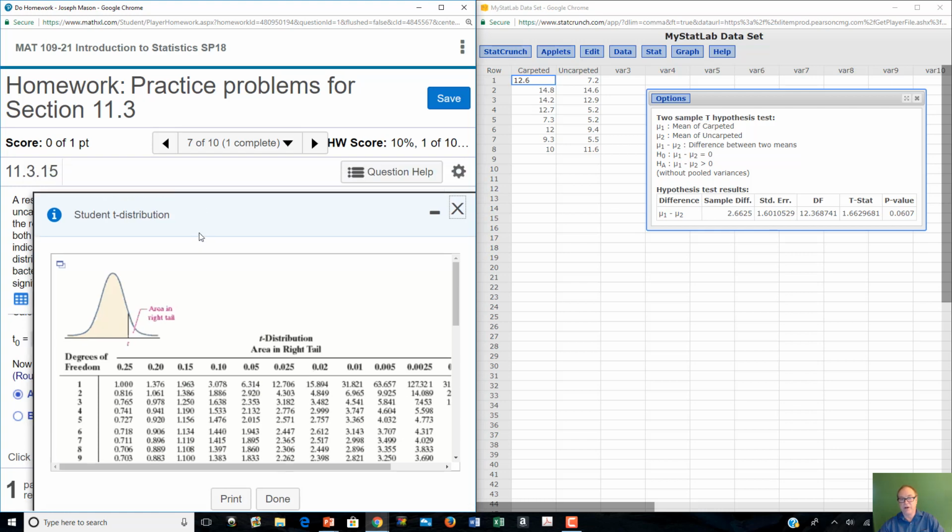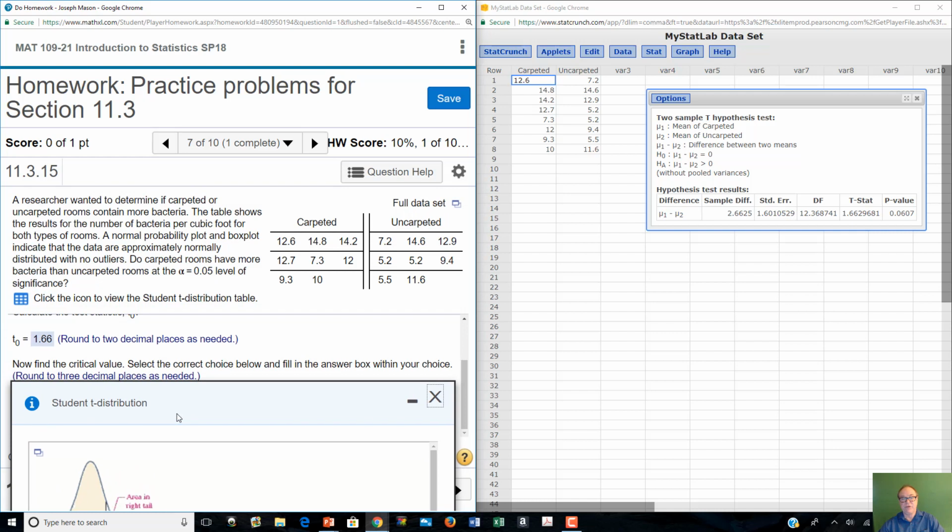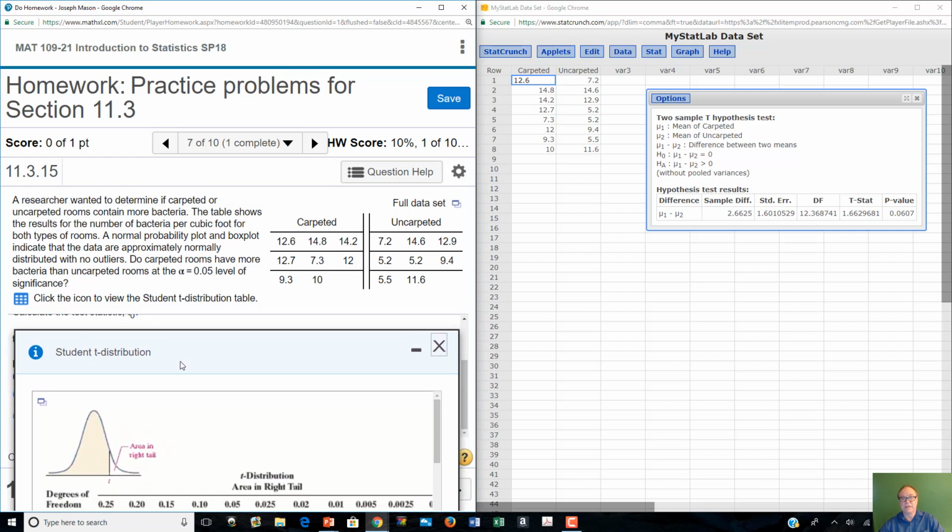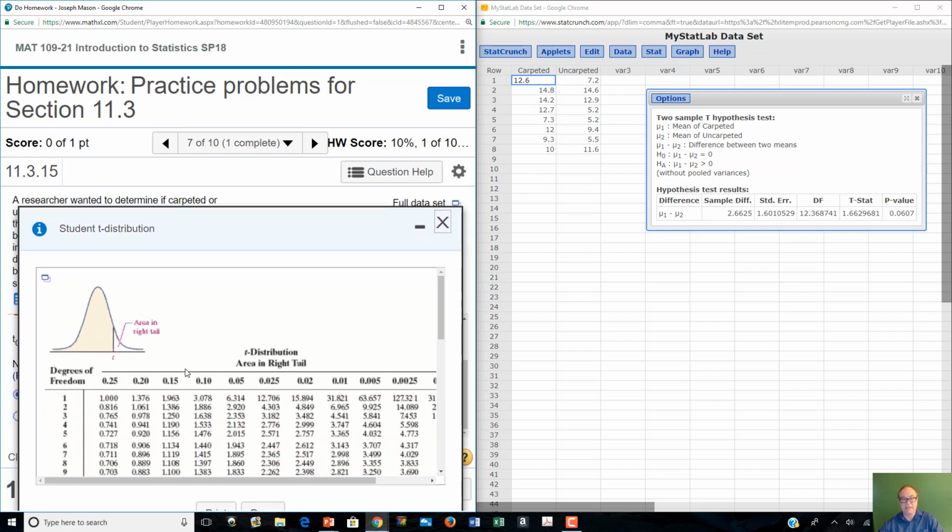But now, degrees of freedom, if you notice, they both had 8 sets of carpet. So it doesn't matter which one I choose, so 8 minus 1 is 7. So the degrees of freedom would be 7. So it's 5% in the right tail and 7 for degrees of freedom. So if I come over here, it's